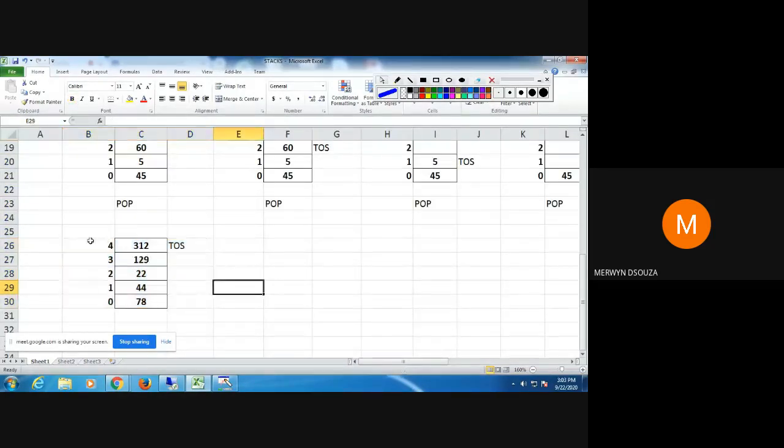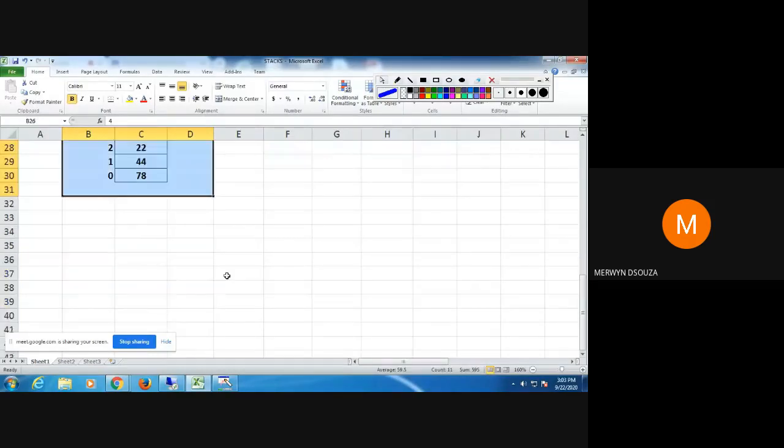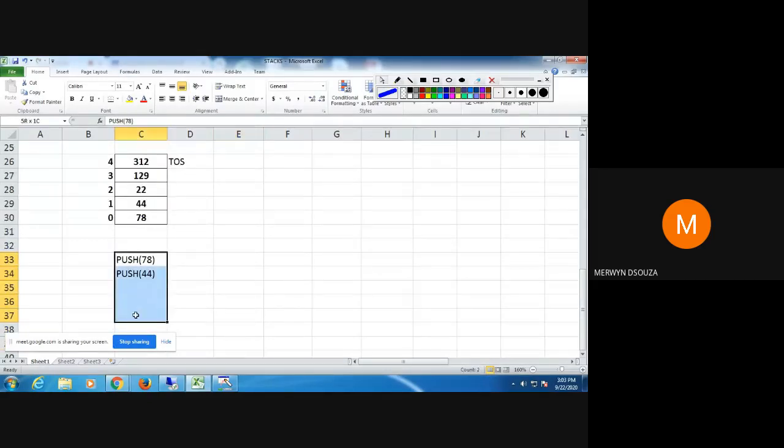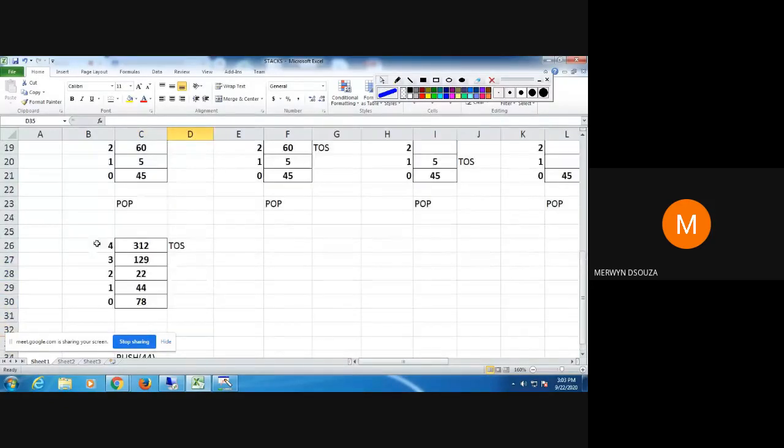For example, here I did 5 pushes, so I would have written push 78, then push 44, and so on for all the 5 pushes that I did. When you do so many pushes on one diagram, you don't get the marks, because there are marks for each step. But it is better to finish the paper than to leave it. So you can do it like this if you are running out of time.